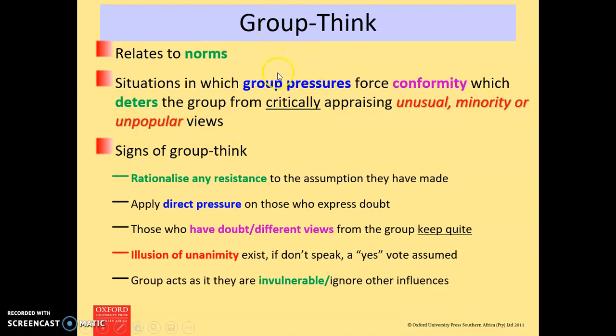Because of the group norms, members are pressured to conform to the group. So some of the minority members have unpopular views regarding certain things, but because they want to conform to the group pressure,